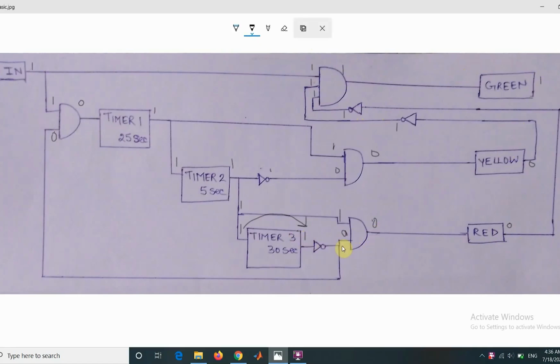Also this 0 causes this input of the AND gate to become 0. This AND gate also now turns off, and once this AND gate turns off all three timers are reset in succession. So this 0 signal causes timer 1 to reset, which in turn causes timer 2 to reset, and now timer 2 causes timer 3 to reset, and immediately when timer 3 is reset, due to this NOT gate this signal becomes 1. Due to this the AND gate would again turn on,